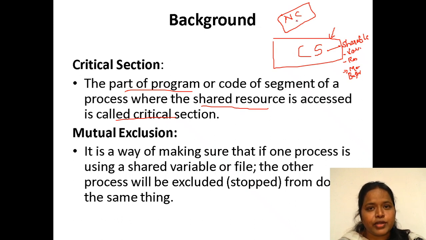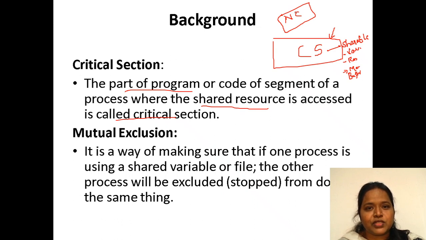Whatever is not shared, which is applicable only to an individual process, is placed in the non-critical section. As I discussed in the first class of our unit 2, the main program has two portions, a critical section portion and a non-critical section portion.